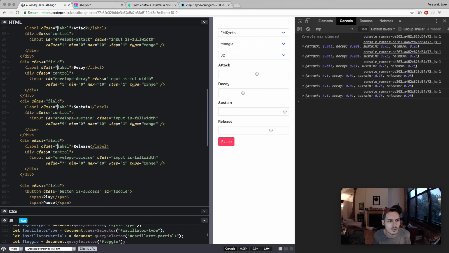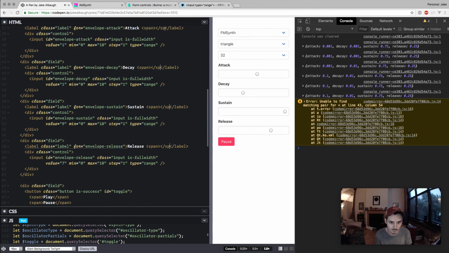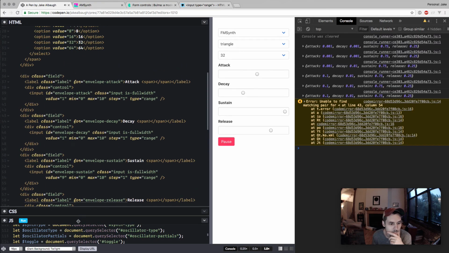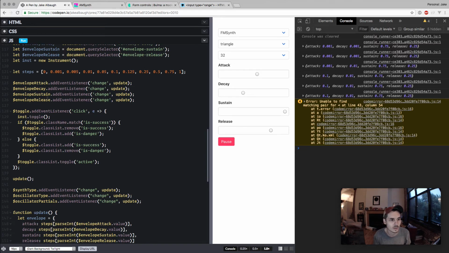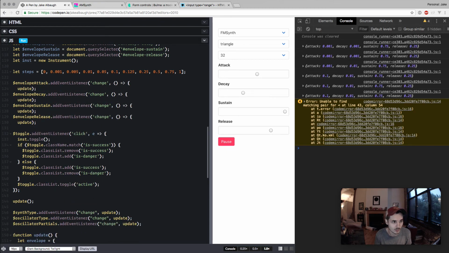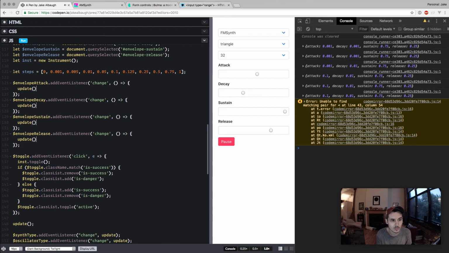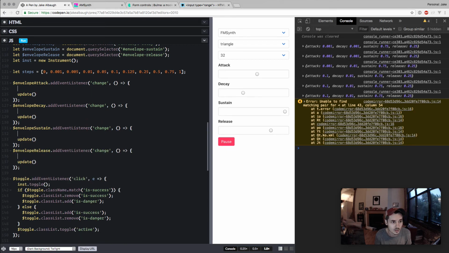For each of these labels, we'll give it an ID. Actually, we'll do it a better way, for. And then we'll just have a span inside of each one of the labels, and then we'll populate that with the value. So when we update these we're going to do this. We're going to update, call that for sure, but we're also going to say